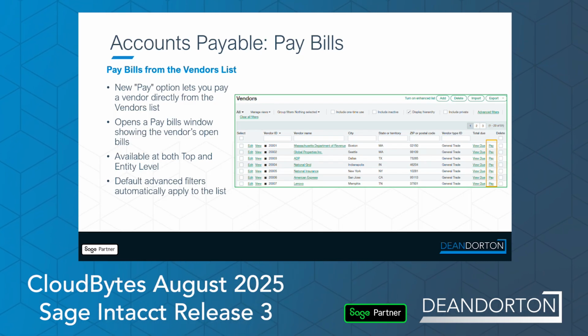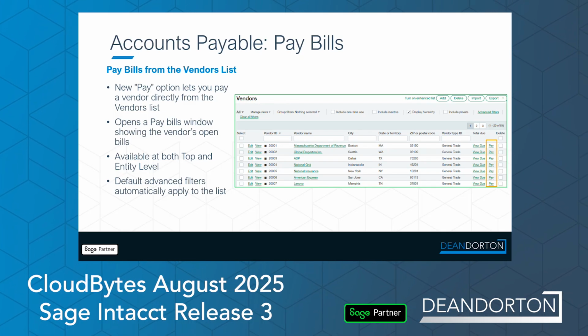One of the things that we said on the accounts receivable side was that you could take a payment directly from the customer list. Well, not to be outmatched, there's a new pay option that lets you pay a vendor directly from the vendor's list. It opens a pay bills window showing the vendor's open bills. It's available at both the top and the entity level. And it defaults